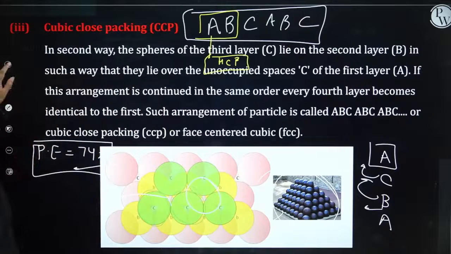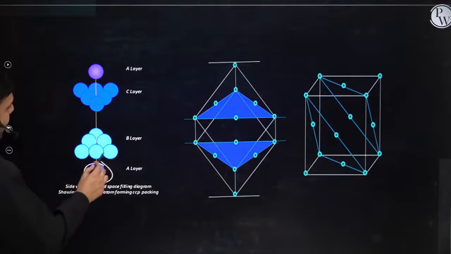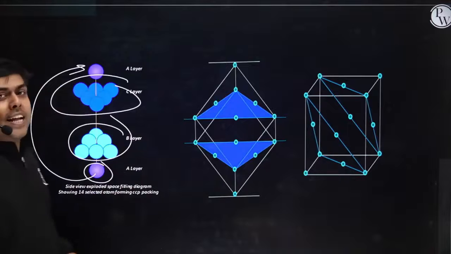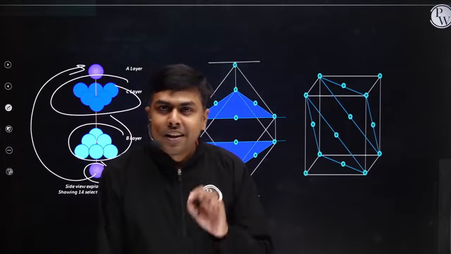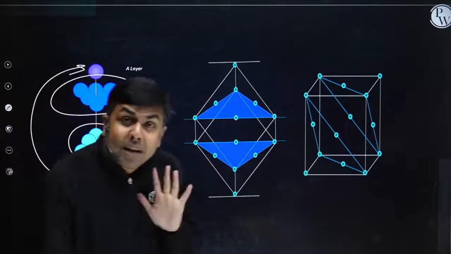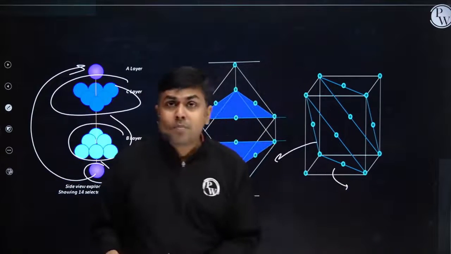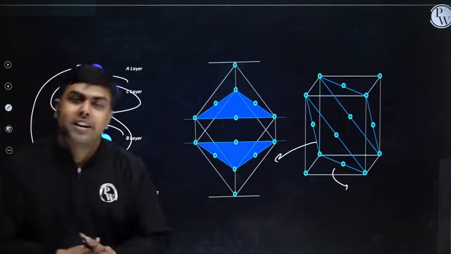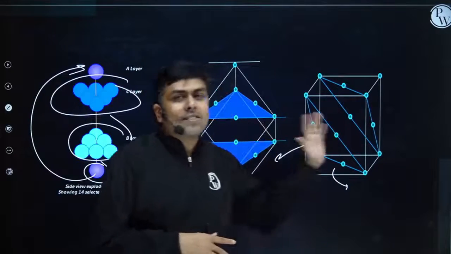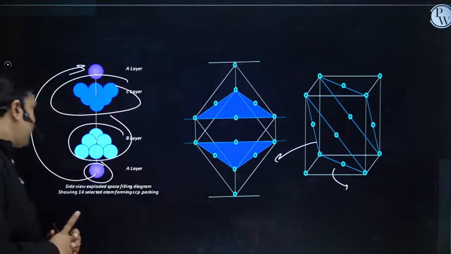Okay. Let's talk about these things in a detailed way. This is my layer A, layer B, layer C, and the first layer and the fourth layer exactly match with one another. Am I clear? These things are not that important for JEE Mains and NEET. For JEE Advanced, sometimes this particular diagram or planes are asked, planes related to FCC, but don't worry. Once JEE Mains is over, I'll discuss all these things in a more detailed way. Okay. So let's move ahead, students.